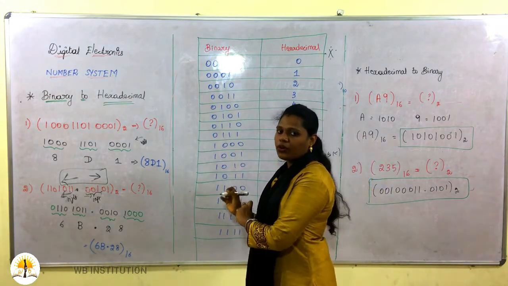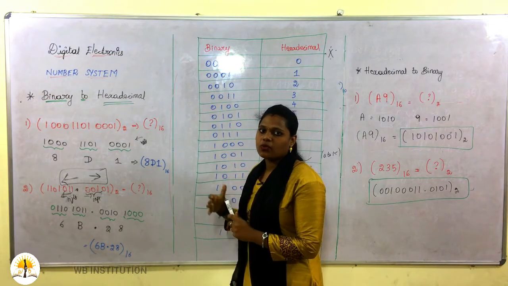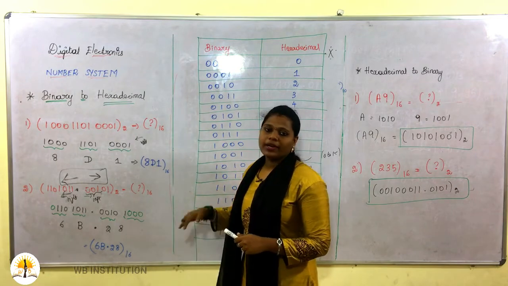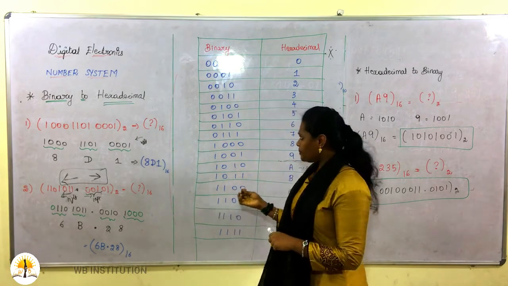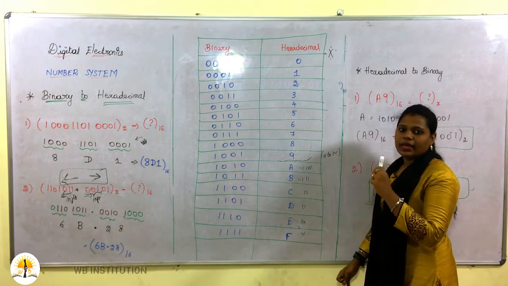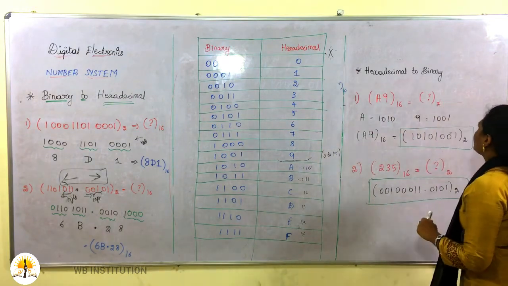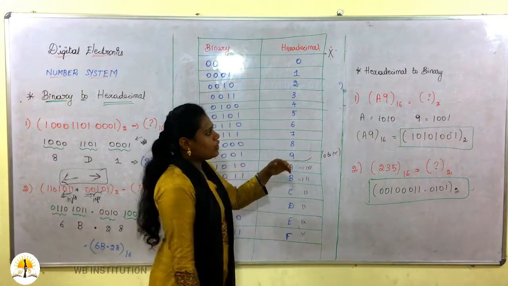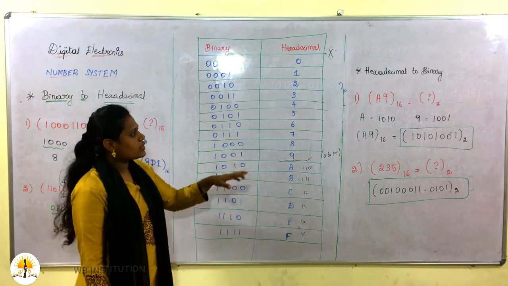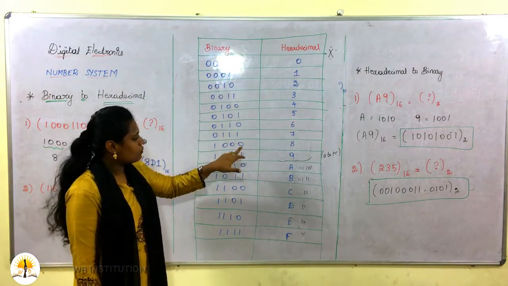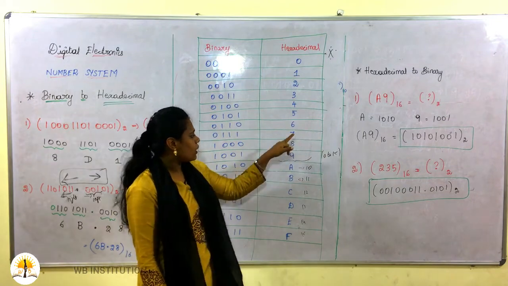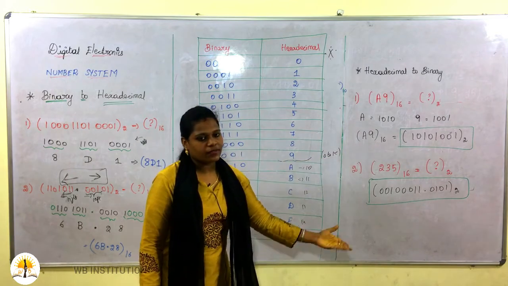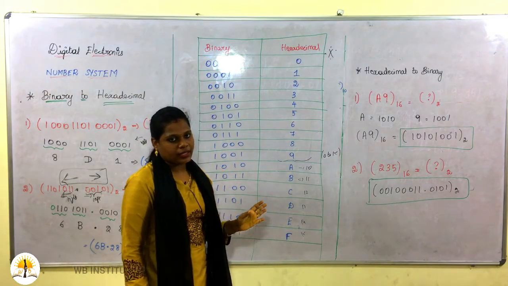The same thing you are going to do for hexadecimal to binary conversion, just vice versa. For octal to binary and binary to octal, the same thing is followed for binary to hexadecimal and hexadecimal to binary. The only difference is that there are 3 bits there, here it is 4 bits. Here, for hexadecimal to binary, the hexadecimal value is given and you need to calculate the binary value. Hexadecimal A9 is given, so for A I have mentioned 1010, and for 9 it is 1001. Just substitute the value for A9, that is enough. You need not multiply anything, just substitute the value.